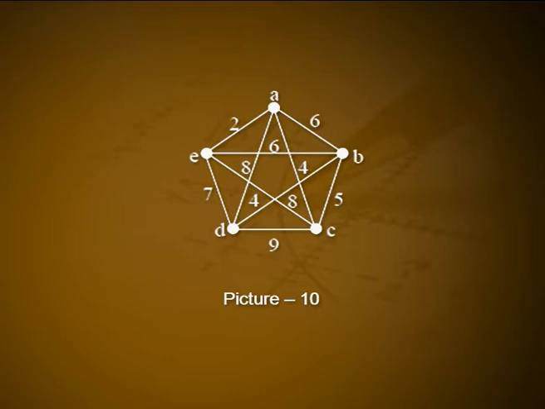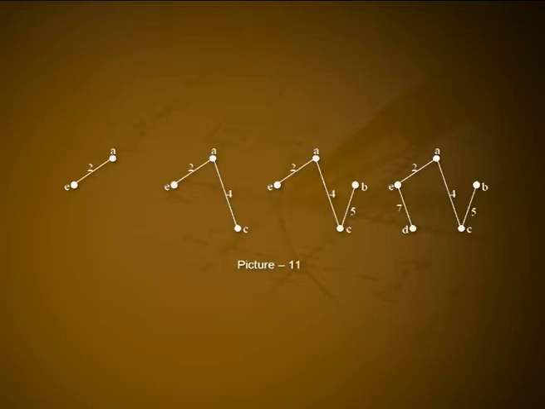So, the steps of Kruskal's algorithm will give the following: choose AE, then choose AC, reject CE, which would form cycle ACEA. So, choose BC, reject AB, which would form a cycle ACBA, and reject BE, which would form a cycle ACBEA. Choose DE. All vertices are now connected, and the total weight is 18.